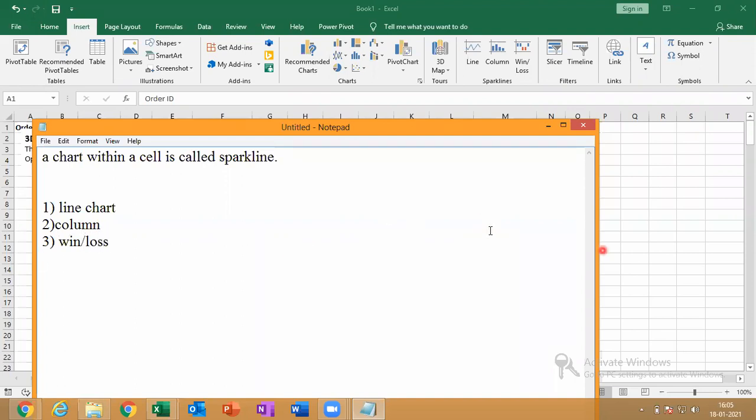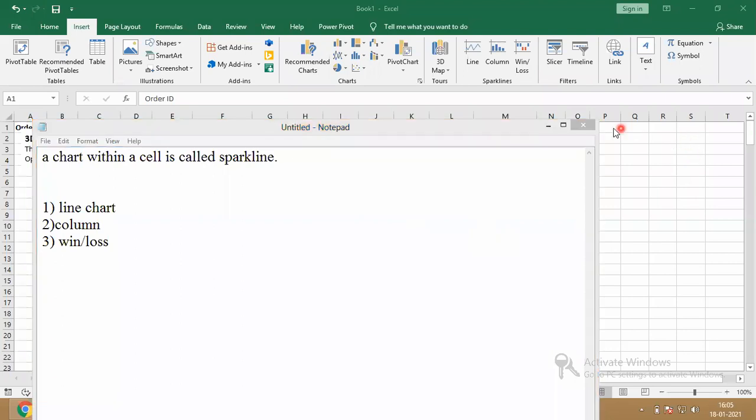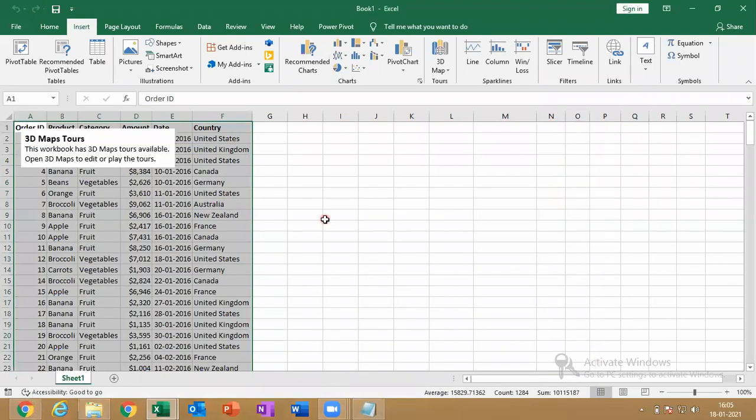These are the three charts we have. So very simple, it is a very simple one.